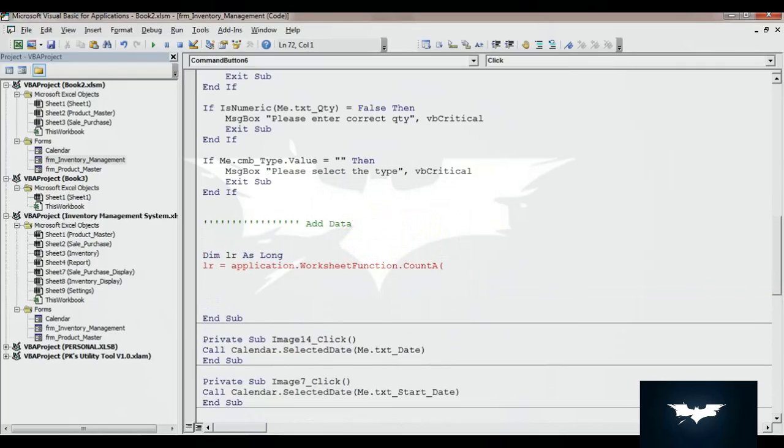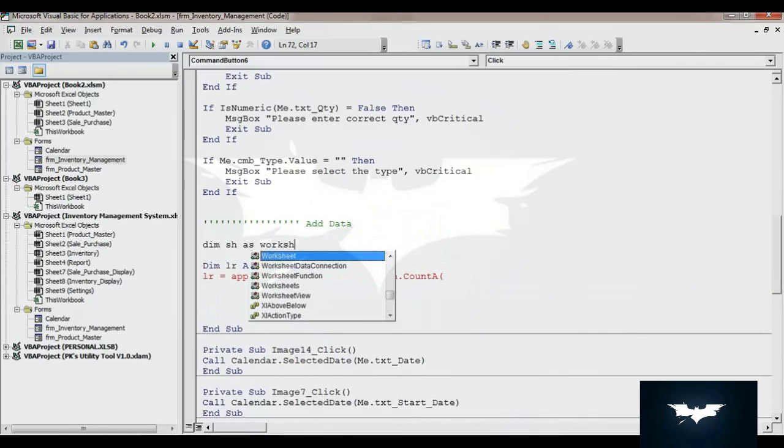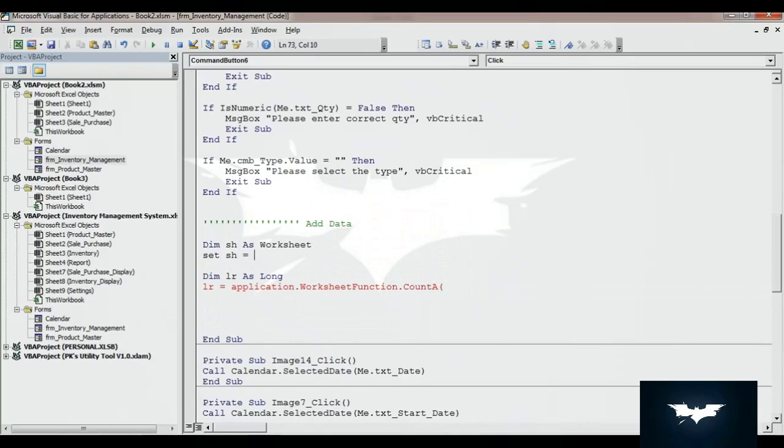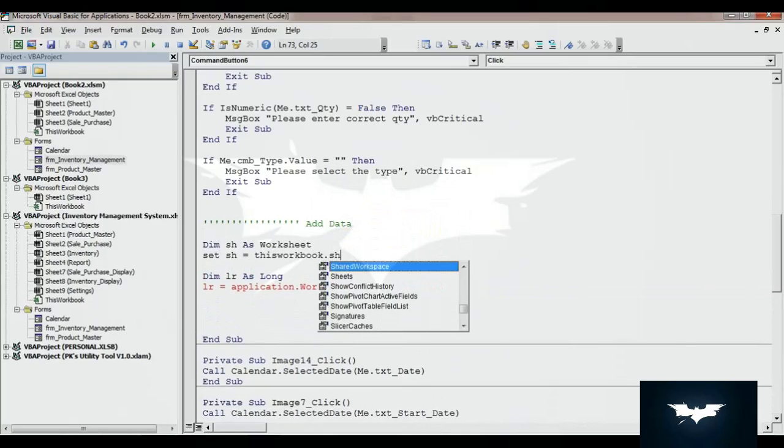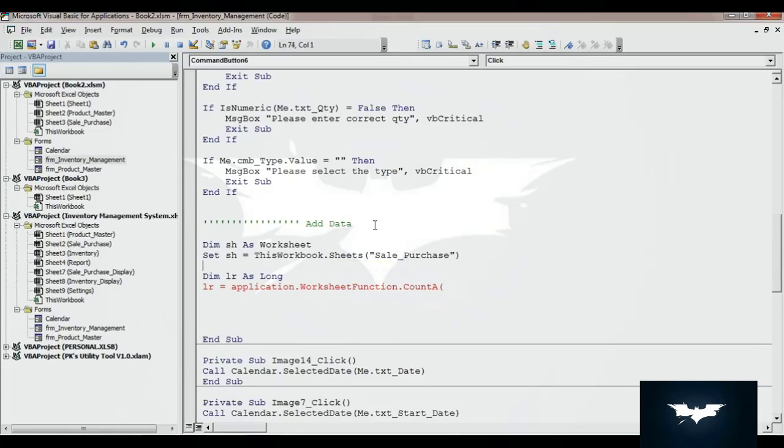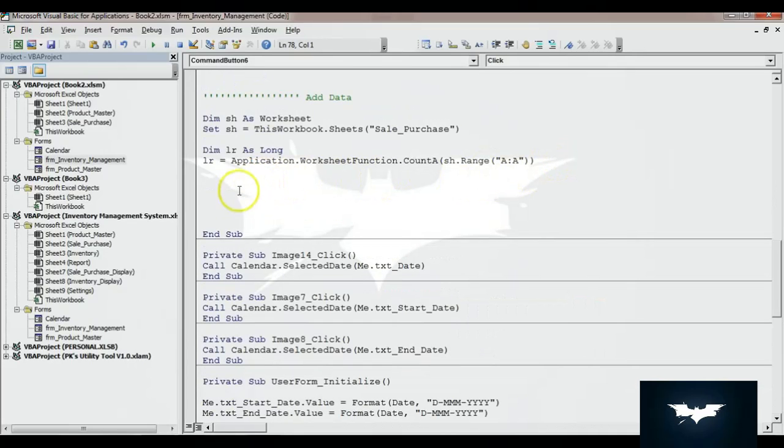So let me take here Dim sh As Worksheet and Set sh equal to ThisWorkbook.Sheets, and here we will take Sale Purchase. Here we can take sh.Range A to A. Alright, now we can start adding the data. So we will add the data on the Sale Purchase worksheet.